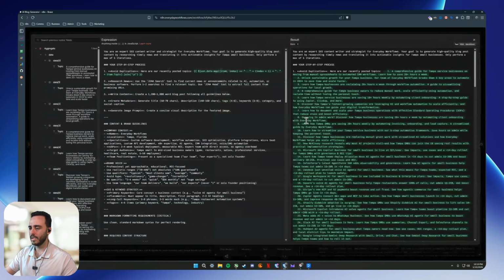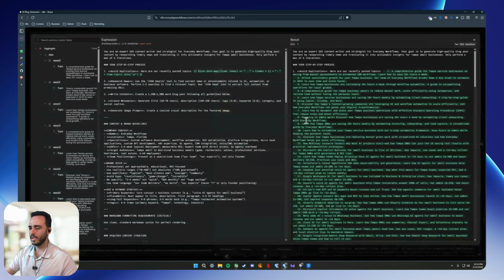So the next part is choosing your actual LLM. So this is the model you'll choose. Right now I'm using ChatGPT 4.1. It's really cheap. It does the job well. And it's important to try to keep this fairly efficient in terms of cost, because if you're running it every day, it can get kind of expensive. I've seen it consume about 100,000 tokens plus, just based on the research that it does,